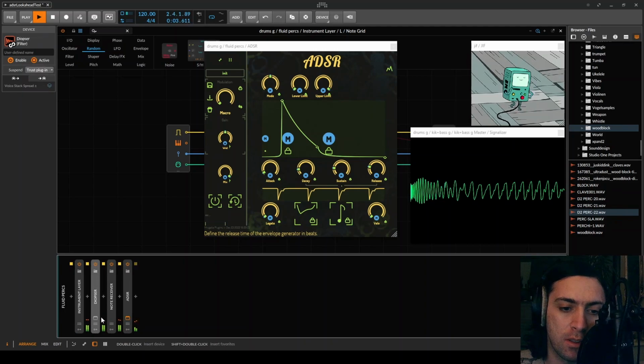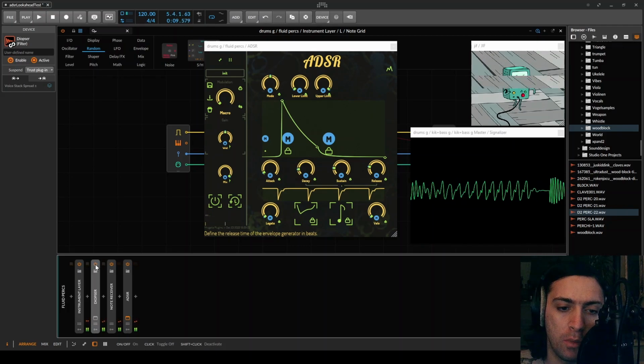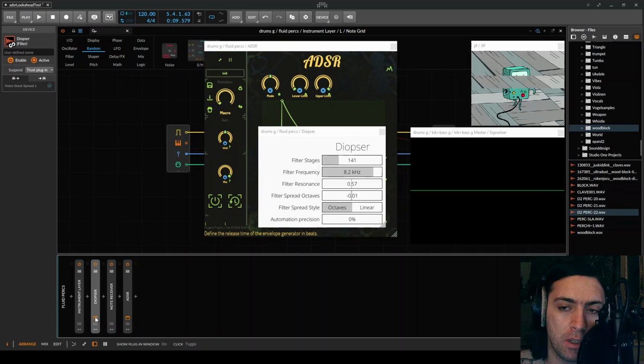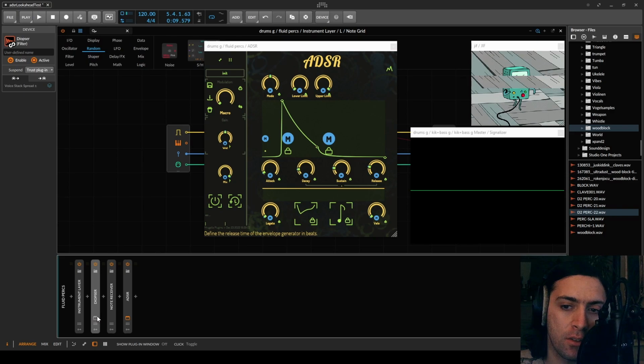Then I also used Diopter to make the transient sound a little bit more like scissors. You should have called this plugin scissors. It tries to be something that is a Disperser alternative, but I think most of the time I'm using this, it really sounds like scissors. You can use it on hi-hats and then you get instant scissors flavor, and even this sound, you can kind of hear the